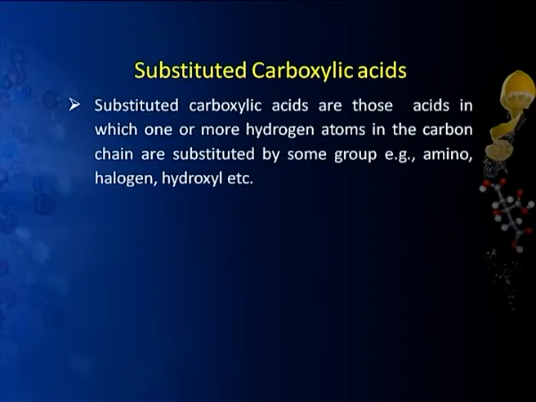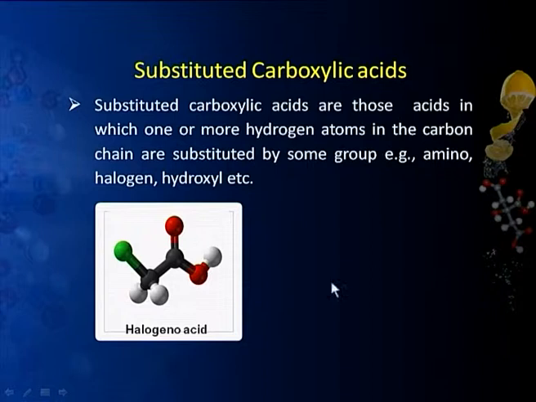Now, today we will take up the case where, in the carbon chain to which the carboxyl group is attached, some other group is there like halogen, amino or hydroxyl. Then these are called substituted carboxylic acids, and we will discuss how the presence of one functional group, that is amino or halogen or hydroxyl, affects the properties of the carboxylic acids. In detail we will take up halogen substituted carboxylic acids and hydroxy acids, because amino acids you will study in detail along with proteins.